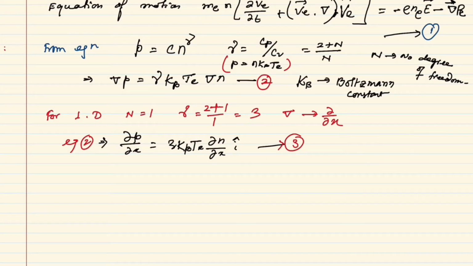Okay, if we use this 3 in 1, here this grad P E, this P is replaced by this value of del P by del x for one dimensional case. Then what we can have? Before we put that value, let me use the linearization method. Sorry, not normalization, linearization procedure we are going to apply here. Then equation number 1 becomes